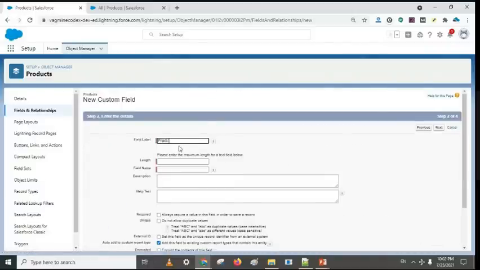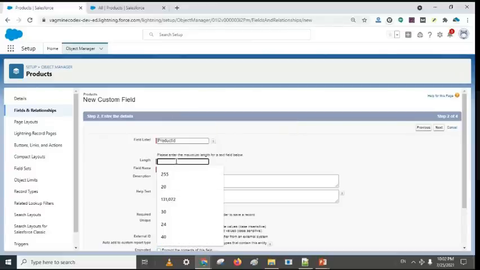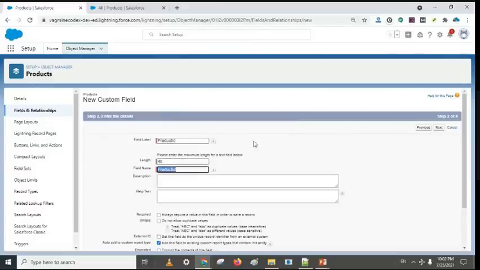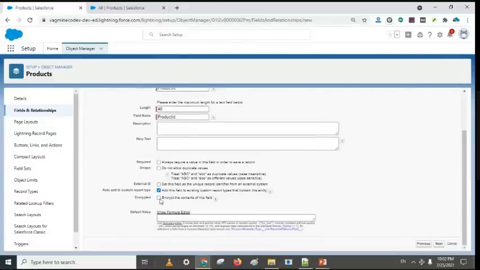Put it as product ID. Okay, put the length as 40. Set this field as the unique record identifier from the external system. We have to set this one, and then we have to set this unique field also. Do not allow duplicate values.